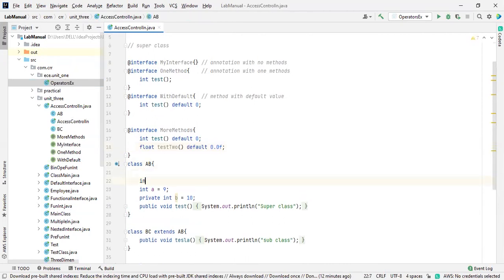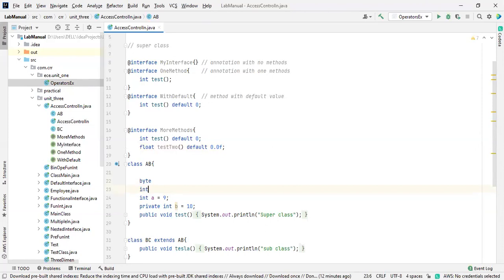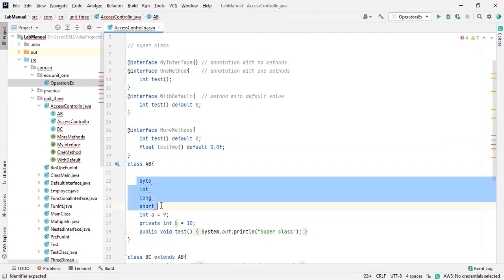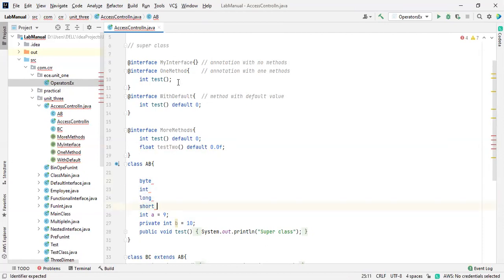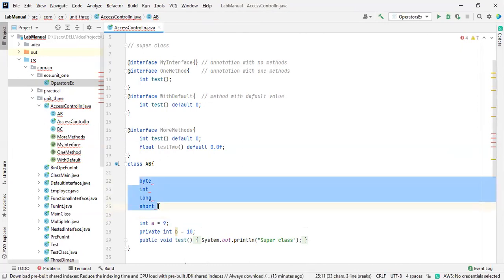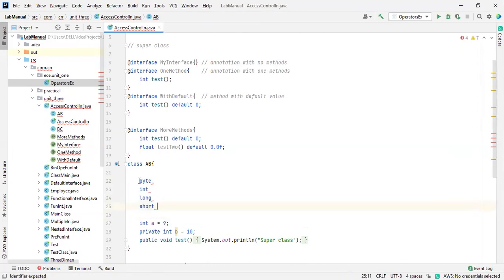If there is any data type, just remember this one. There are primitive data types, 8 primitive data types are available. If we are going to consider only whole numbers, then we use byte, int, long, and short. So these are the whole numbers, the integer point of view. Can you please comment in the chat box so that I will know whether I explained it or not? So these are the primitive data types available, 8 in total.